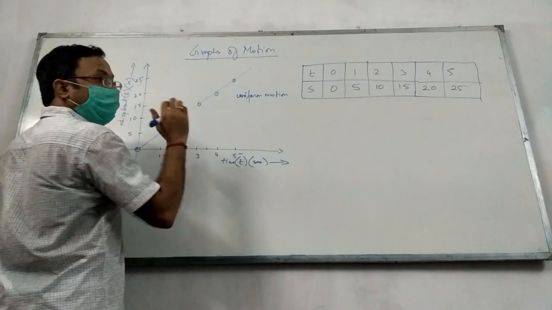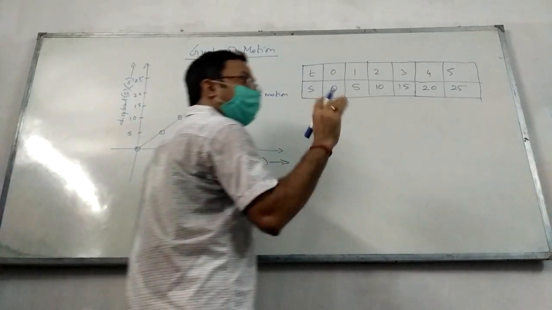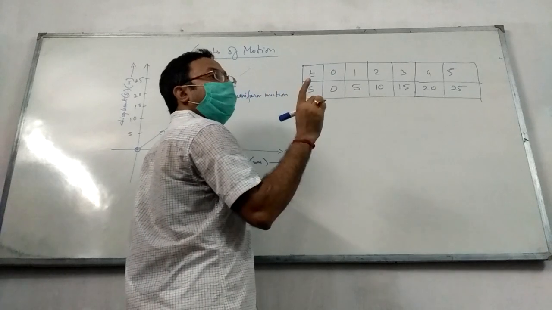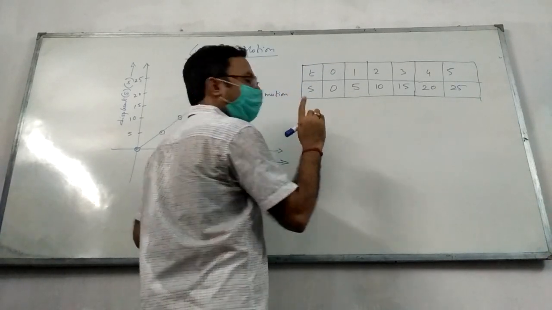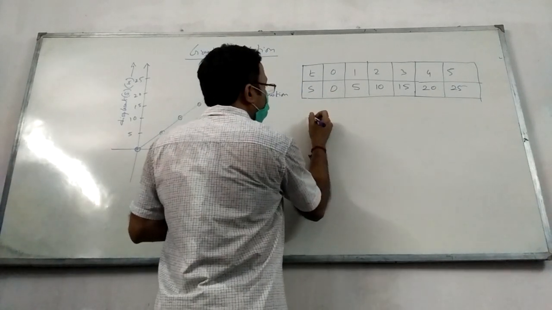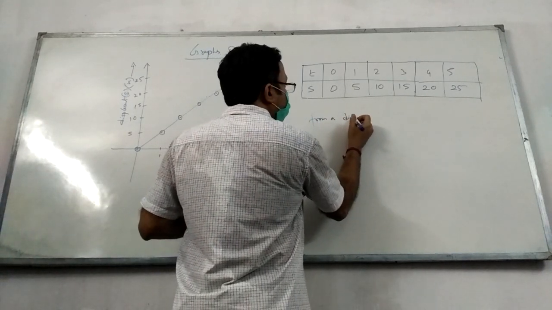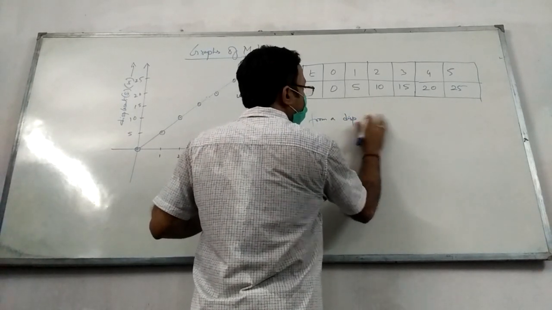So how do you find out velocity? To find out the velocity, you need to find out the slope. Okay? So what is slope? I tell you. First, you need to write that from a displacement versus time graph,